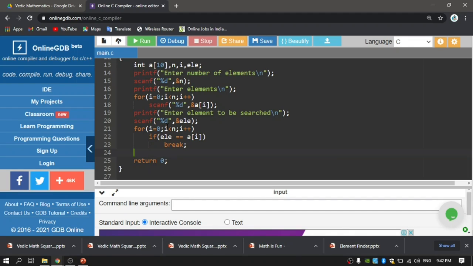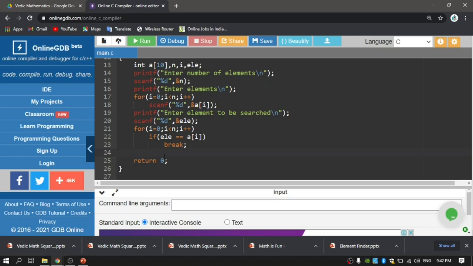Or here I have to think of some logic: whenever this i value has become equal to n, one thing I can declare is the element is not found in the array. And whenever this i value is less than n, then I can say there is a successful match.